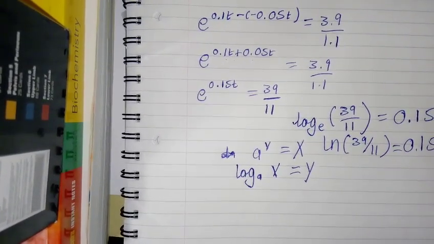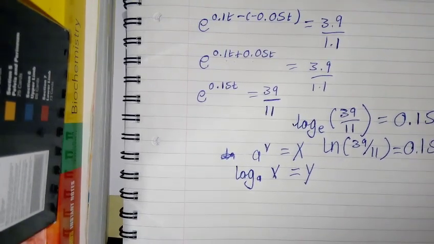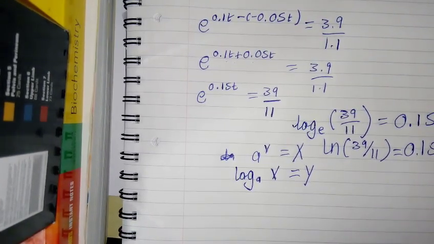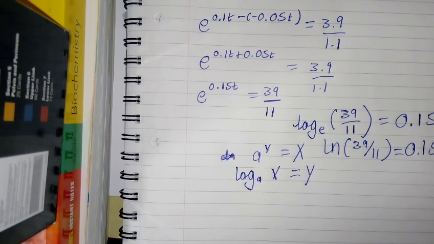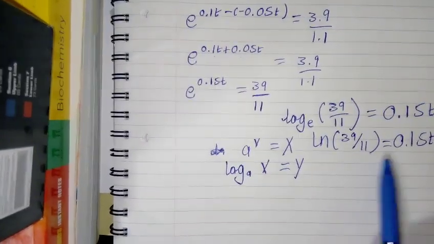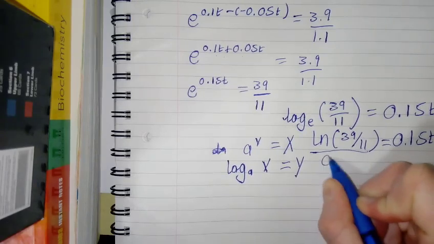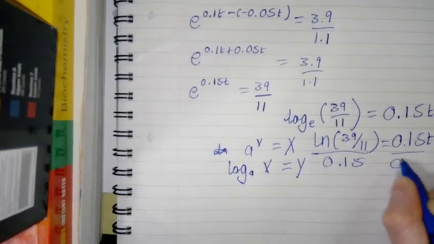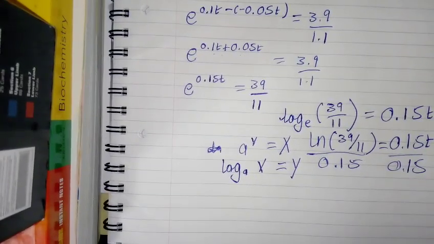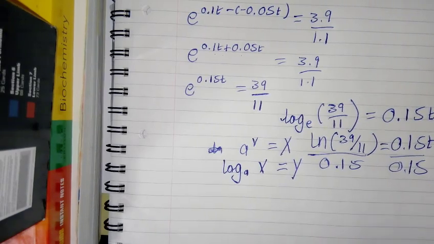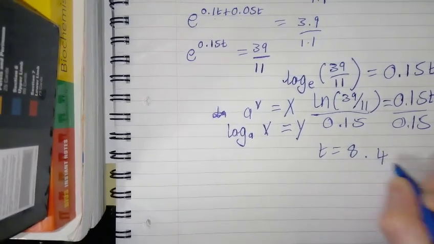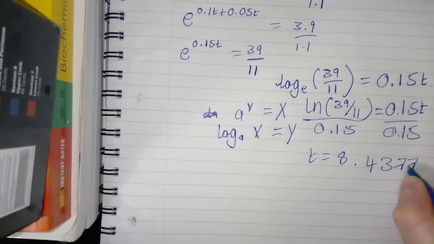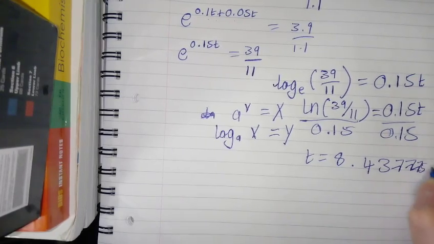So I'll work that out. Natural log of 39 over 11, and whatever I get for this answer, I'm going to divide it by 0.15, so I'll get t by itself, and then I get my answer. t is 8.43777758, but it said